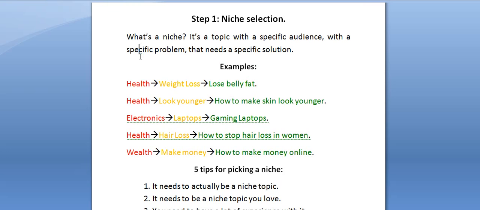In these particular examples, you'll notice that I have a red, yellow, and green type of outline. If it's red, that means the topic is extremely broad. It has no specific audience to it, and therefore you should not enter into it. Despite the fact that, for example, something like health has tens of millions of people in it, the problem is there's different kinds of audiences that are interested in different things. So if you make a site that's focused on health, you're probably not going to make a lot of money.